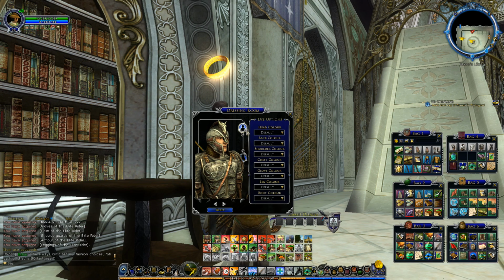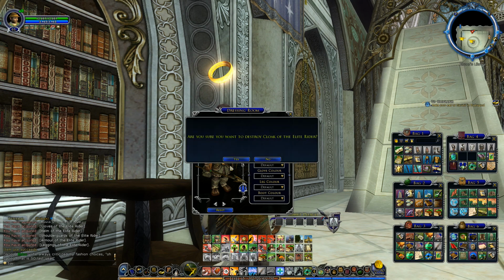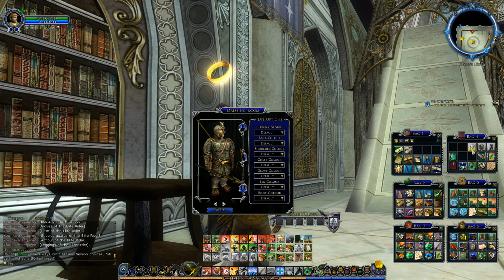How does it dye? And you can't dye any of it. Garbage. Okay, you are out of here. Yeah, we're not going to use any of those items. Look at that. We made all that space just for that. But, okay, let's go ahead and...